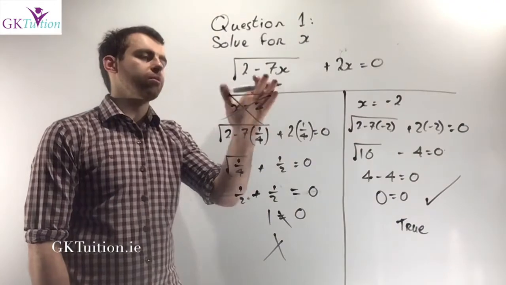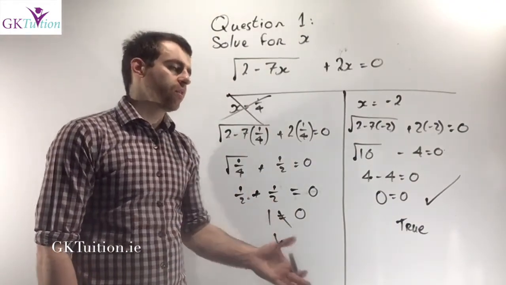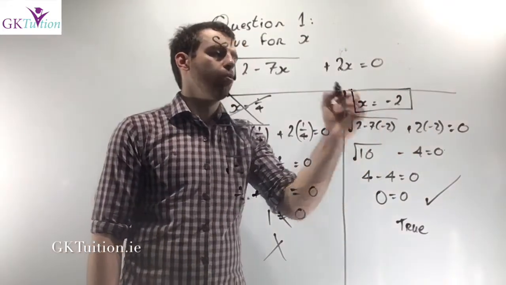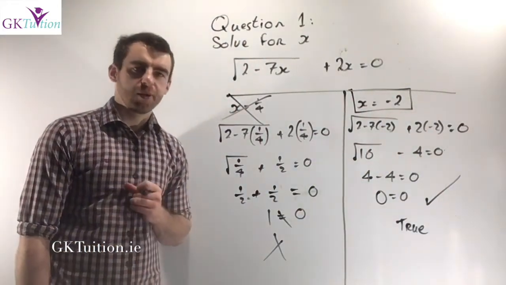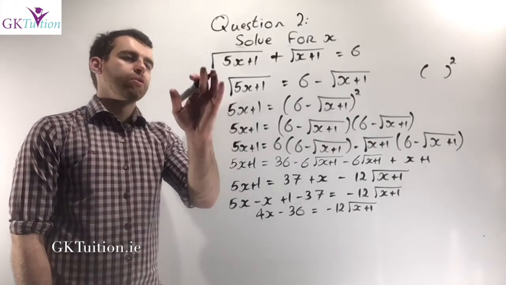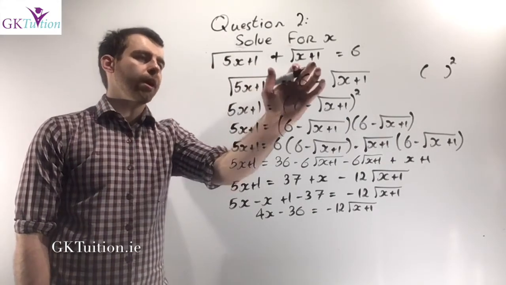If I subbed in x equals -2, it worked out easily enough, everything cancelled and I got 0 equals 0. So obviously in this case I've only got one valid answer, which is x equals -2. Okay, so the second question I asked you to solve was root 5x plus 1 plus root x plus 1